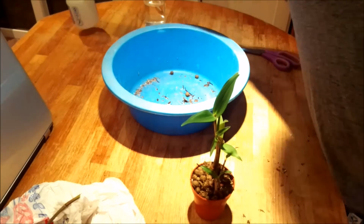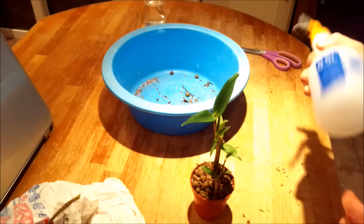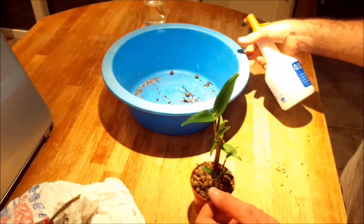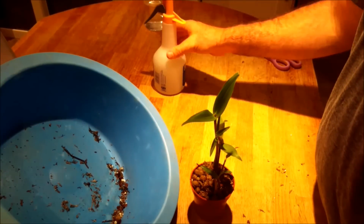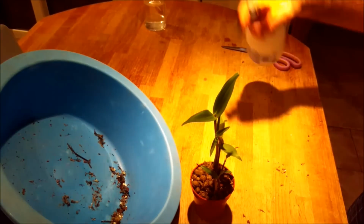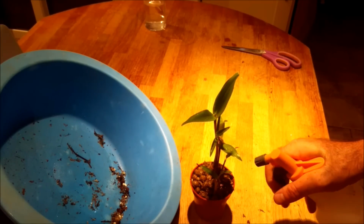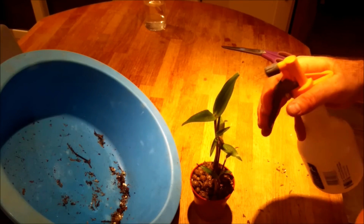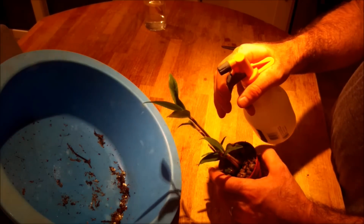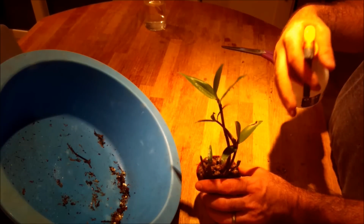Okay, so if you don't already know about neem oil, which I've got in here, cold pressed neem oil and RO water is all in there. A little tiny drop of soap just to get the oil to sort of separate out a little bit. If you don't know about neem oil yet, find out about neem oil, because if you grow plants, even in the garden, it is an absolute godsend. It is amazing stuff. It helps me with numerous pests and diseases. What it does is it causes the insect to basically stop feeding, stop reproducing, and the insects actually just basically starve to death. Scientists aren't entirely sure how the plant does this, or the active compound,